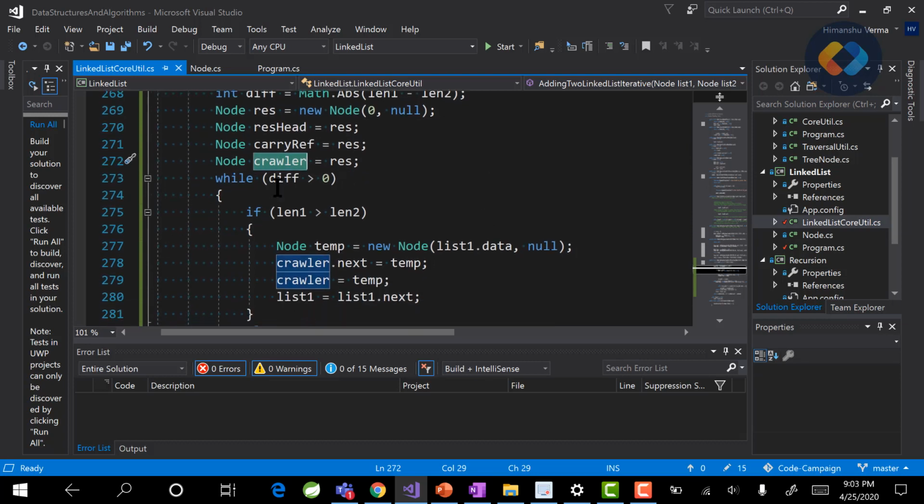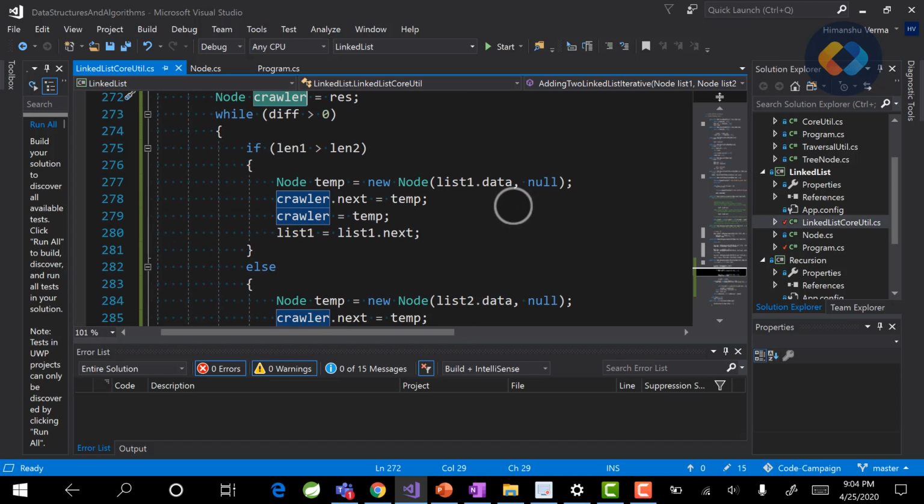After that I'm checking if my diff is greater than 0, and after that I'm checking if list 1 length is greater than list 2, or list 2 length is greater than list 1. And whichever list is greater than the other, we'll start copying the value from that node to the new node. So that's what I'm doing here.